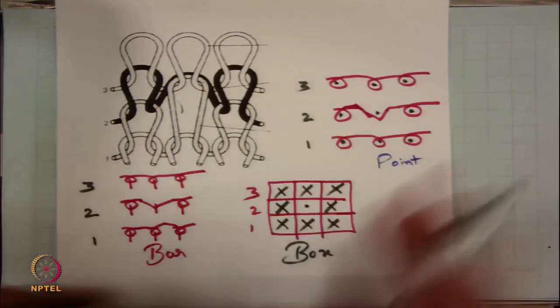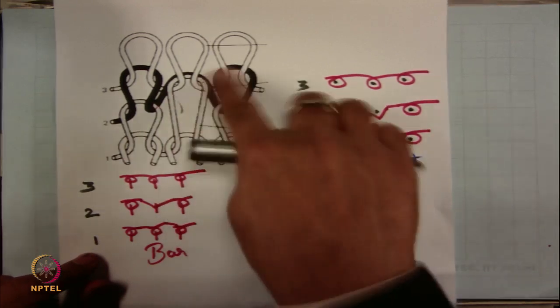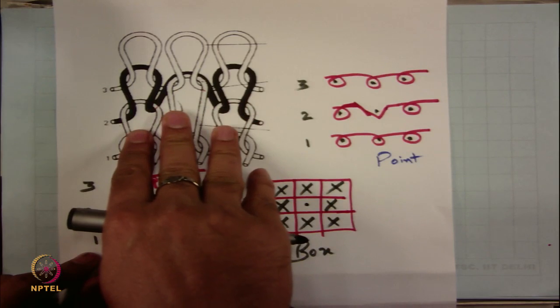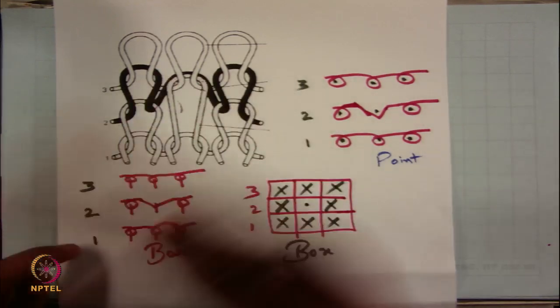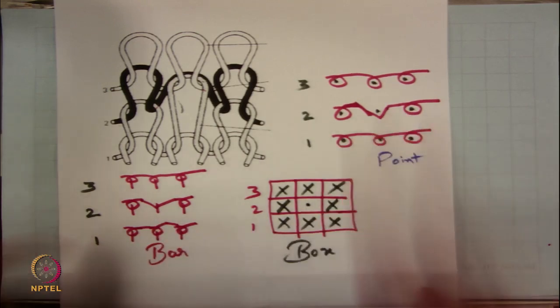So, this is how you can represent it. You do not have to draw the actual movement of yarn because it is extremely difficult if you do it by hand, you would not be able to draw technical front and back side. So, that is why these types of notations become extremely useful.